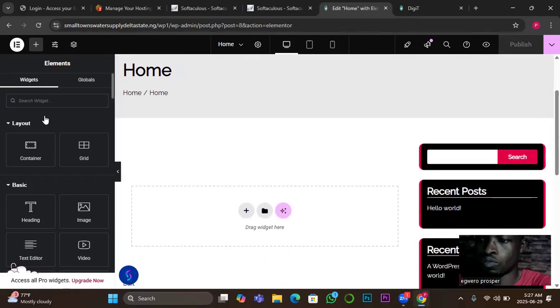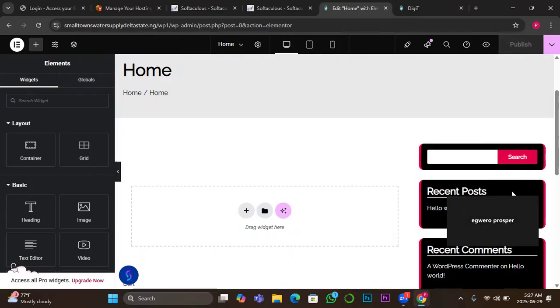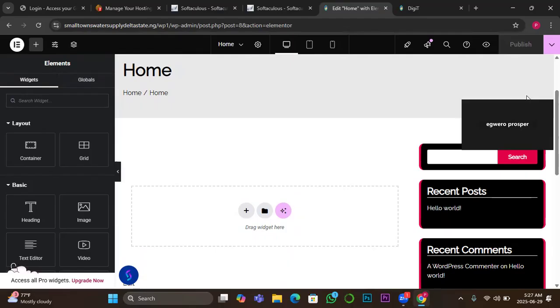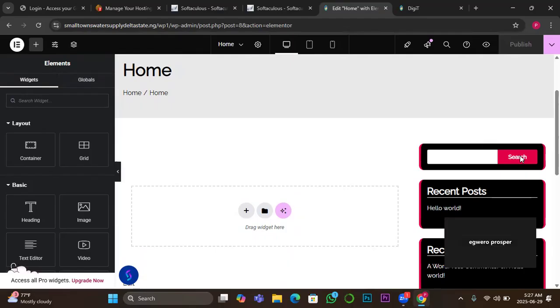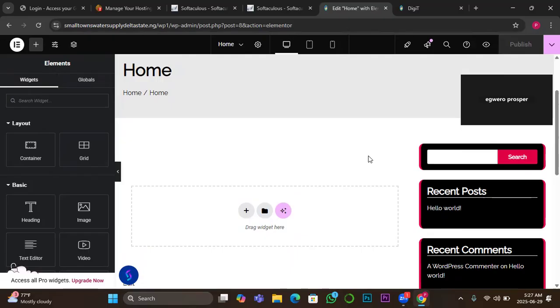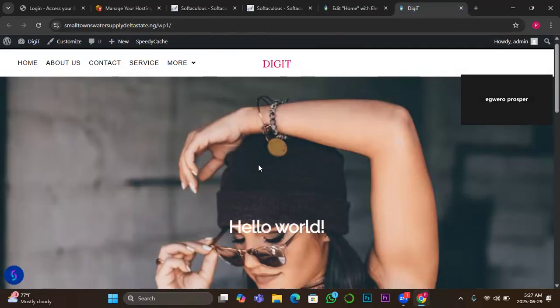Now, for you to work with Elementor, you need to understand what widgets are. Widgets are like the building blocks. These building blocks are what will enable you to add all your content. So depending on the type of content you want to add, that will determine which of the widgets you are to use. So for example, if I come to the page now,